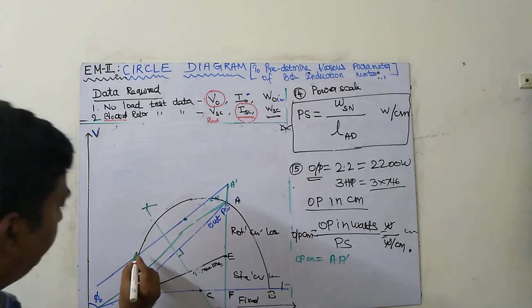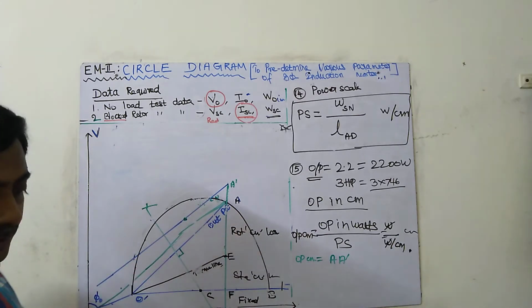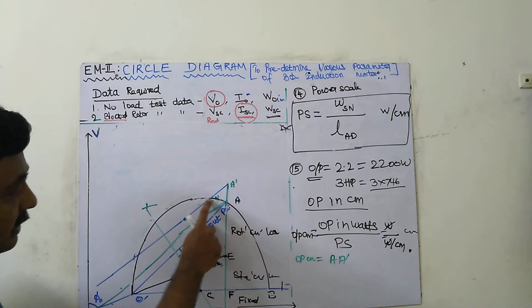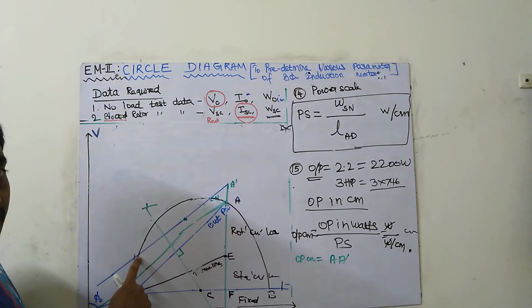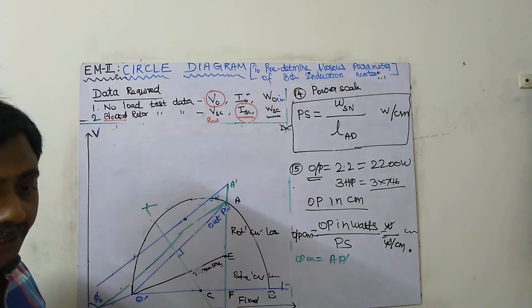Now what is this? It will cut the semicircle at 2 points. Where are the points? In this point, here it is cutting, and in this point it is cutting the semicircle. We have to take the lower point. This is the upper point, this is the lower point. This point is called P. I have to take the point P and draw a perpendicular line. Okay, I have drawn a perpendicular line.